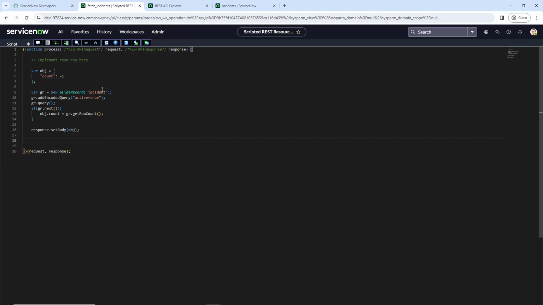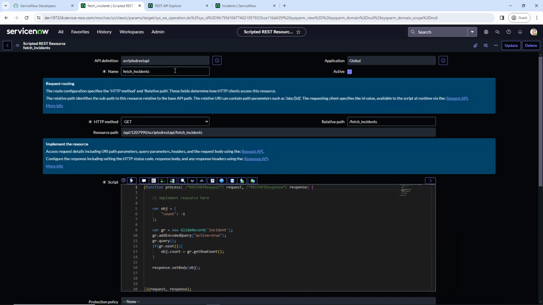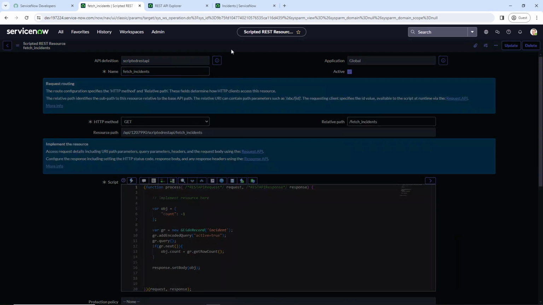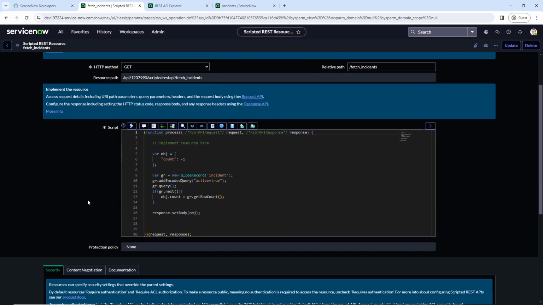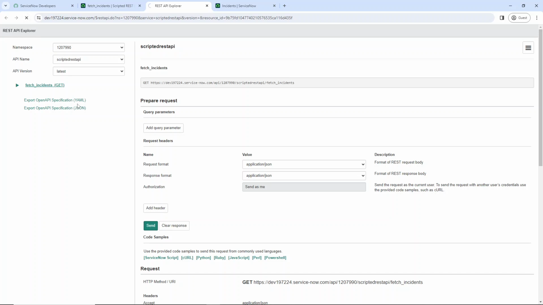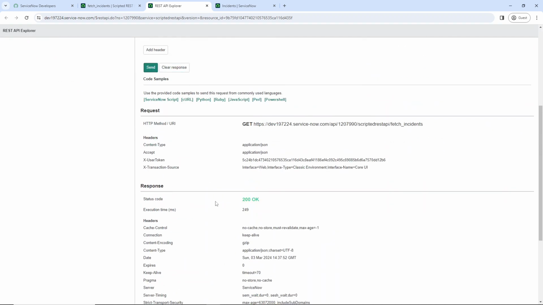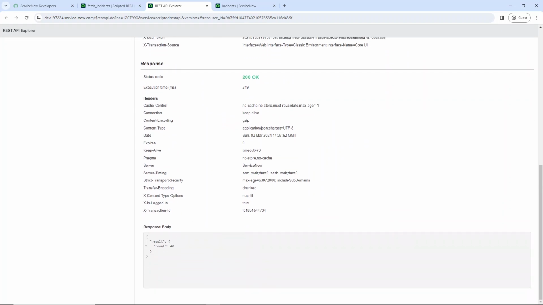Okay. Now I'll just save it and we'll do a quick run. I'll save. Now I'll go to my REST API Explorer. I'll do a refresh because it's the same endpoint I was using for my test runs, right? Okay, now I'll click on send. It's a 200, it's successful. When you go down, you can see in the result count is equal to 40. This is the thing I have declared in my obj, and this is the one which I got